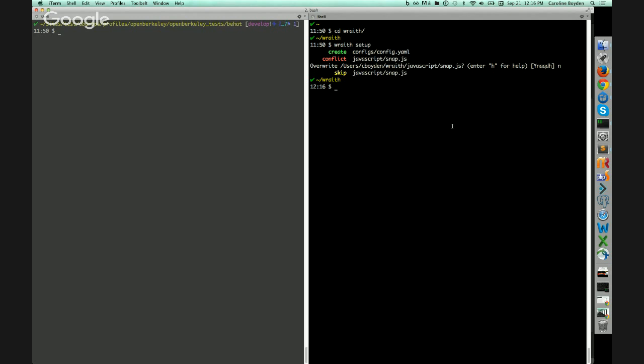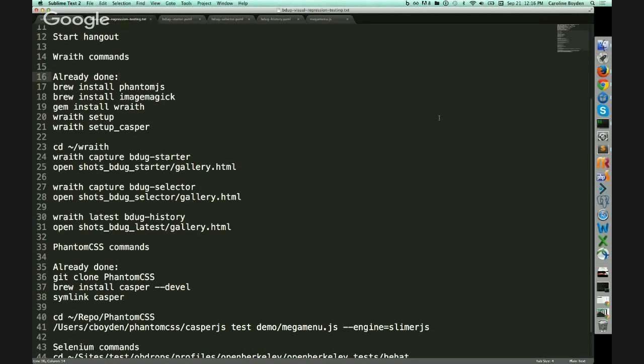So you run the Wraith setup command, and it creates a default configuration file for you, and it creates a JavaScript file that is the controller for running the browser. You don't have to edit the JavaScript file at all. You can do everything you need to do just by editing the configuration file. So you run that command, and then I'm going to show you my first